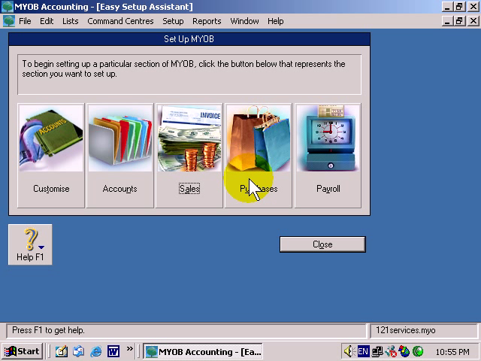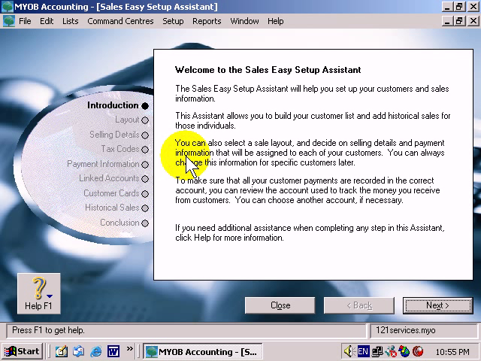MYOB setup using the Easy Setup Assistant to set up your sales module. I'm going to click on Sales, and in our assistant or wizard we're taken to the introduction. Always good to read this thoroughly because they try to give you some information as best they can to help you explain the goal with this section. I'm going to click Next to get to our layout,